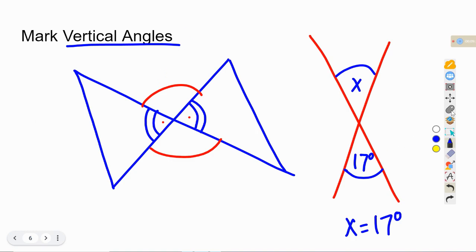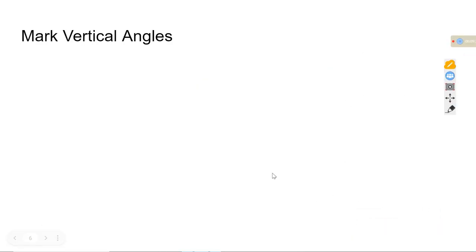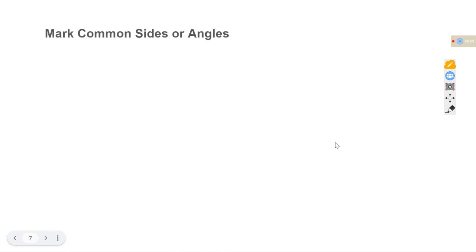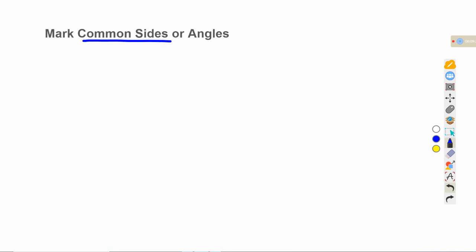All right, the next thing that we'll take a look at is titled as marking common sides or angles. All right, so there's 2 situations here that we want to talk about. We'll talk about marking common sides first and then common angles second. Okay, so for common sides, what we have there is basically